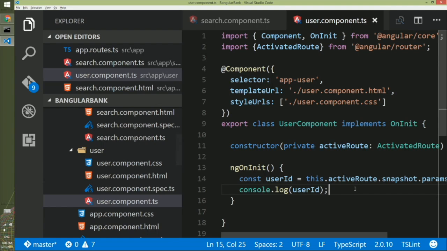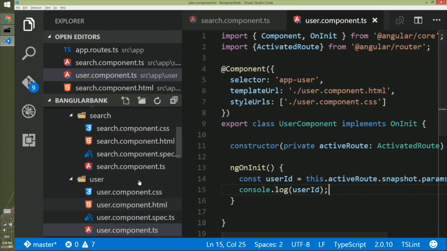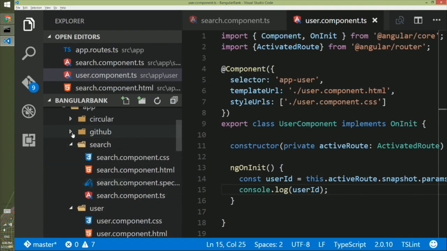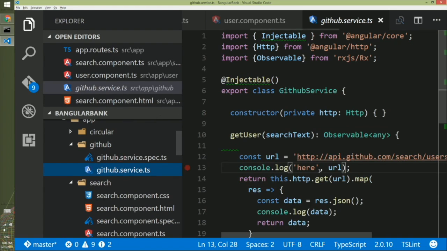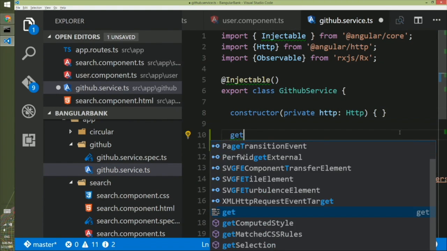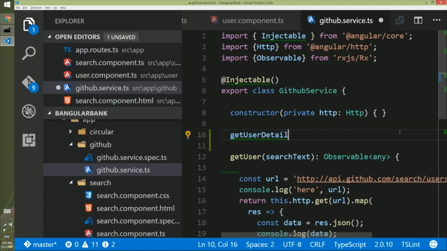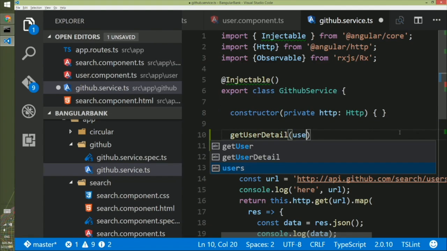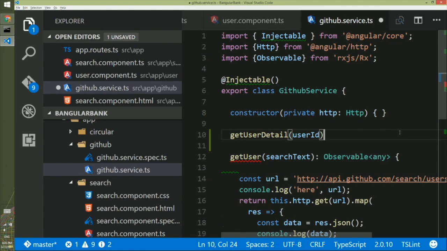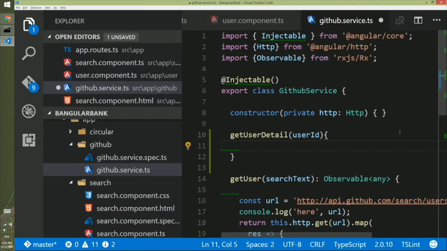and the next step is to load data from the server by using this user ID. To do this, we will go back to our old buddy GitHub where we created a service. We will open the service, and here we will create a new method, and that would be getUserDetail, and this getUserDetail will take a parameter of userId. We will add the return a little later, and we will have a constant URL,